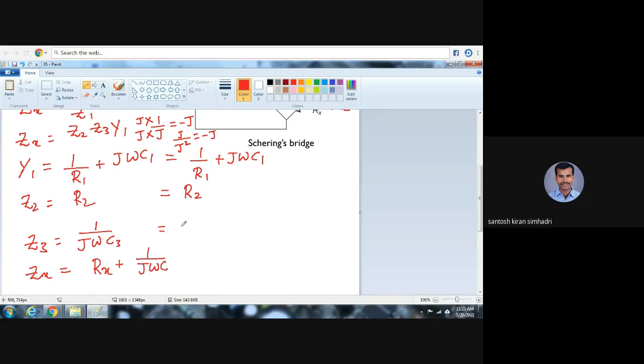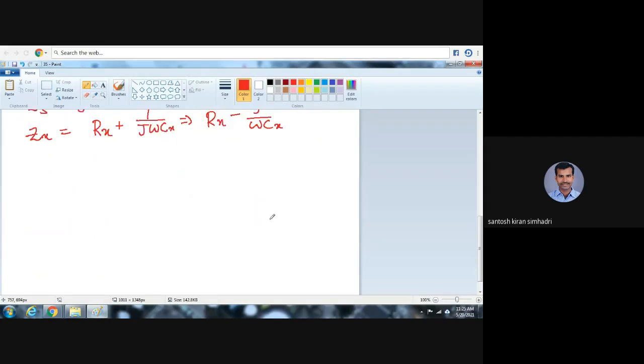We already studied this in the lower sections. So 1 minus J by, I will write. Sir, why do we do all these things? Because of mathematical consistency. Then this is also extended as Rx minus J by omega Cx. You have to write this as Cx, compulsorily you have to write Cx. Finally, omega into Cx. Okay, Nana, is it clear for everyone? Now I will write one by one.